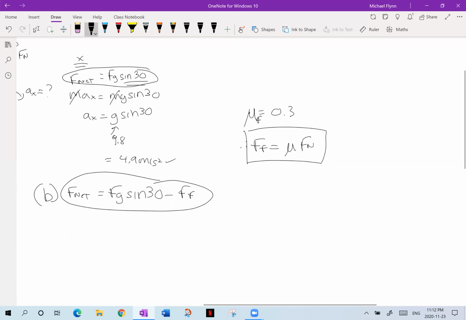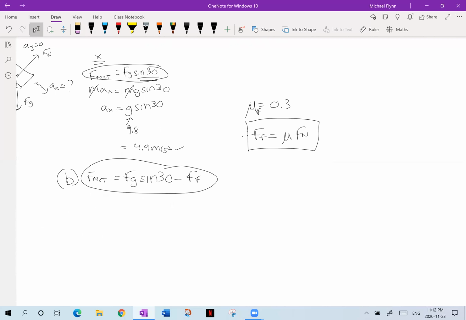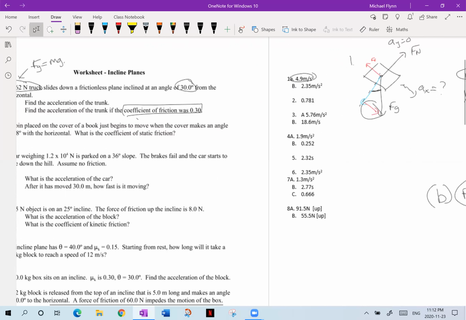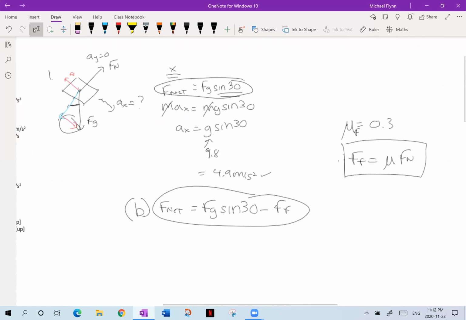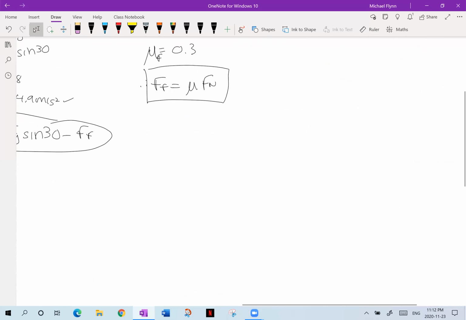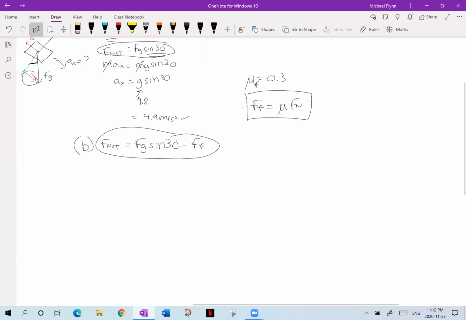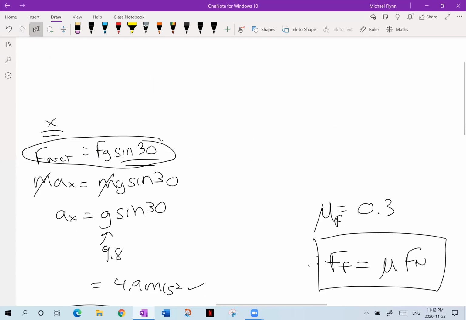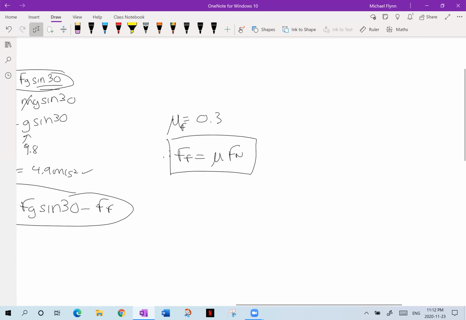So you see here, we have a separate issue that we need to work out. What we need to work out is what the normal force is. So they told us the coefficient is 0.3 in the question. Now it's our job to work out the normal force. Well, the normal force on this object, because it's on an incline, we actually have to look at the other component, okay? So when we look at our y components,